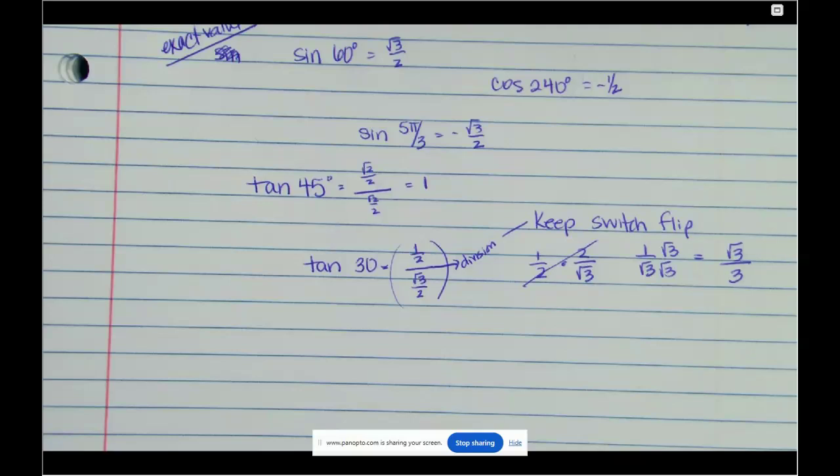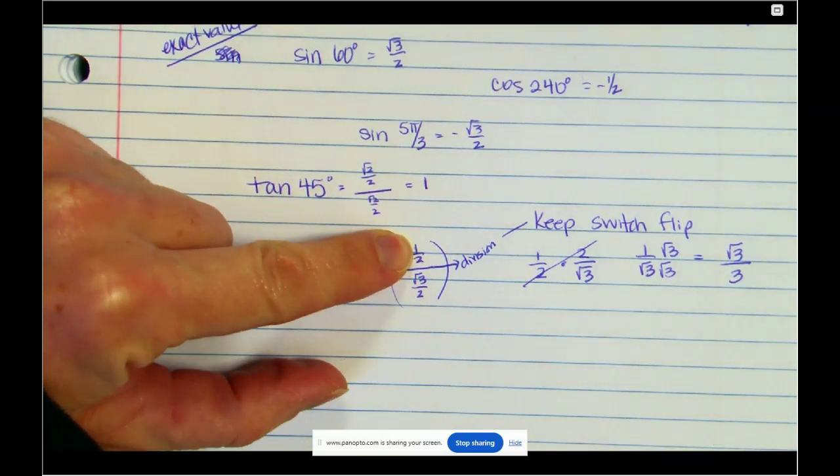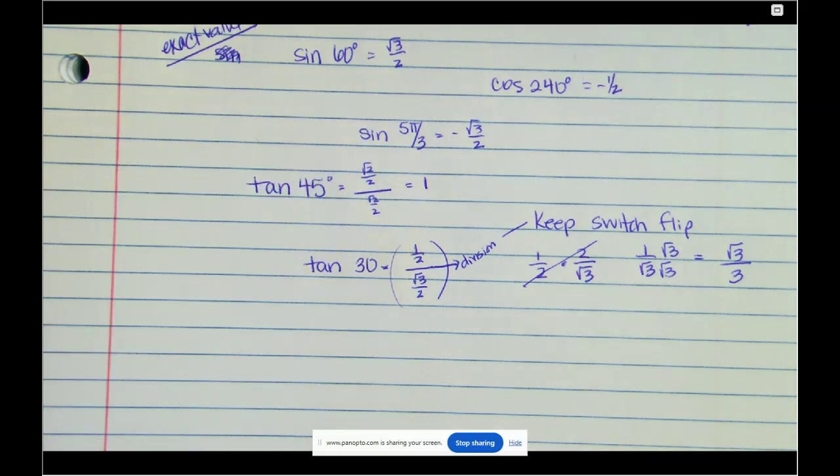Grayson, question? Why is the first one not changed? Because it's keep. Keep the first one. If you don't like keep, switch, flip, then if you're dividing fractions, you multiply the top by the reciprocal of the bottom. That's how you would say that in pre-calc language. But keep, switch, flip is easier. So why don't you try